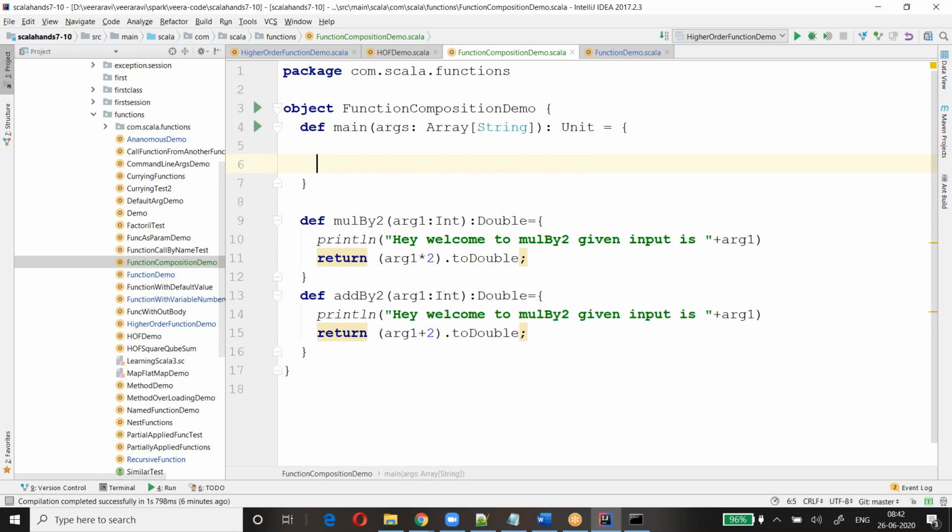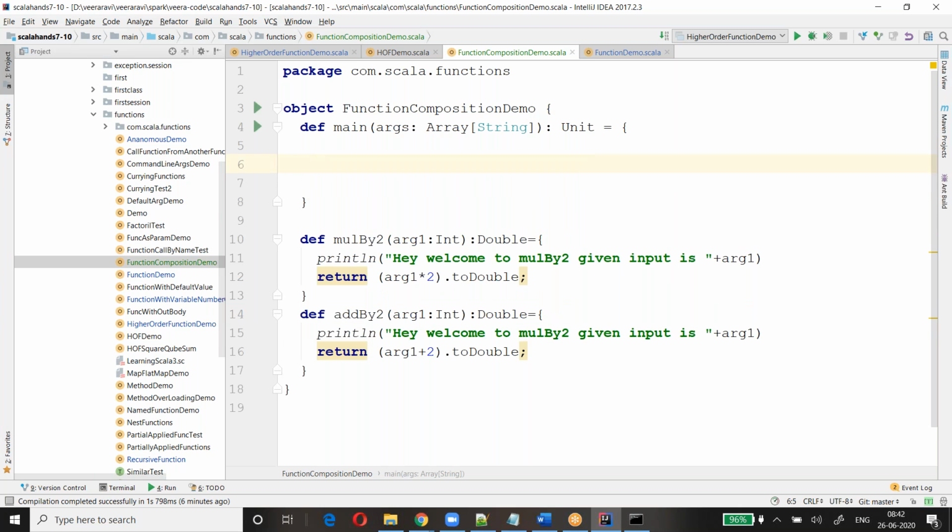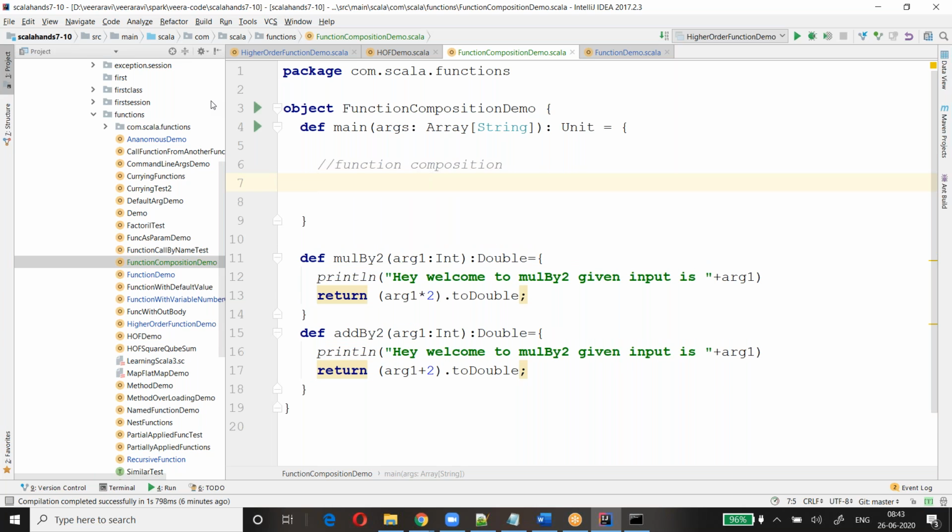Function composition is nothing but calling one function, taking that return value and passing it to another function. Like, let's say I want to call multiply by 2. Println, result of function multiply 2 is, plus